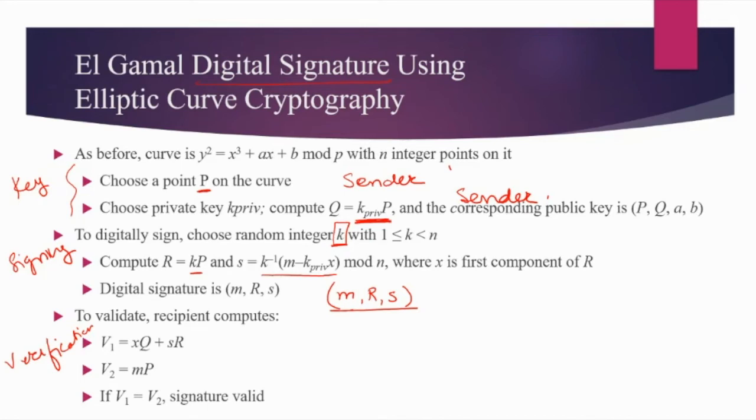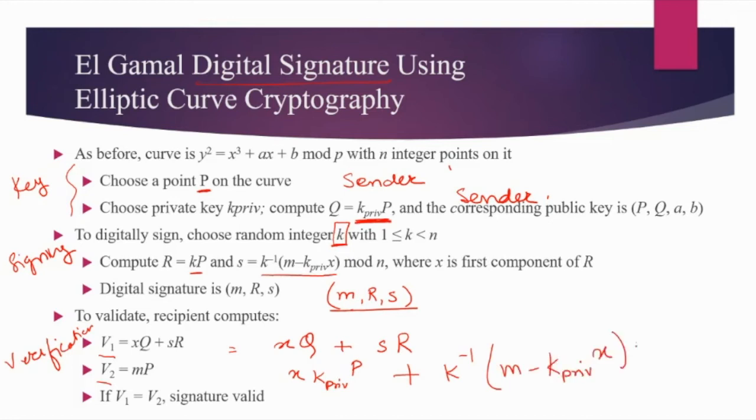Now, what will happen at the verification end? At the recipient end, what does the receiver have to do? Receiver has to compute two values, V1 and V2. V1 is X times Q, okay, plus SR. Now, let me open this for you. What is Q? Q is K private times P, okay. So, this is the first value. I don't think there is a need to put a bracket here. Plus, what is S? S is K inverse M minus K private